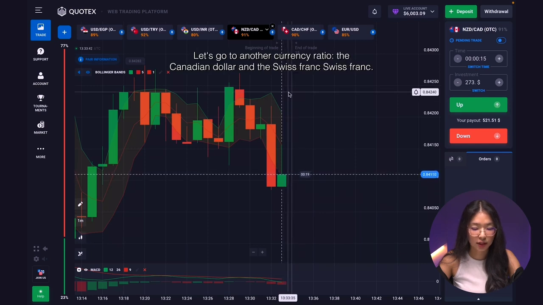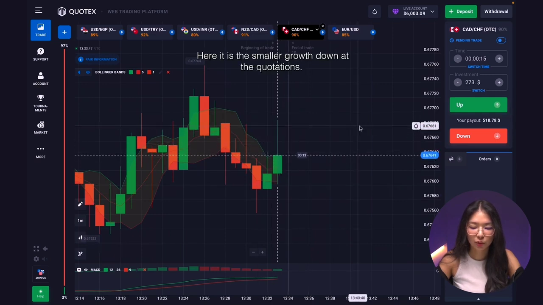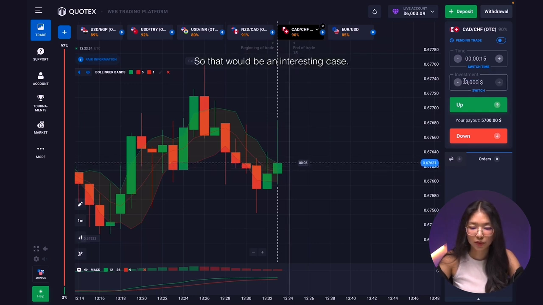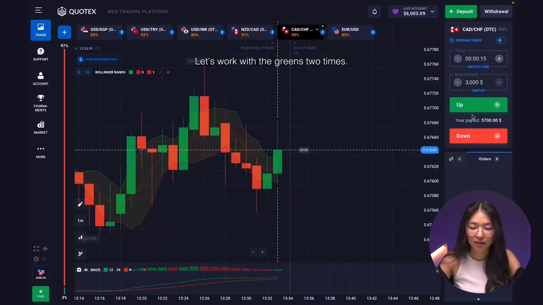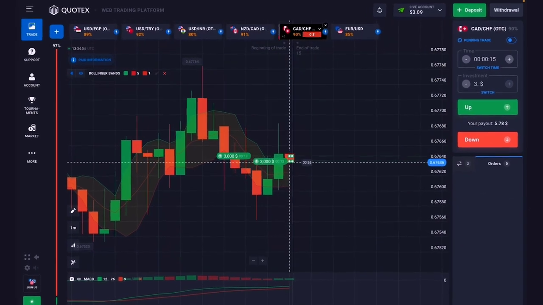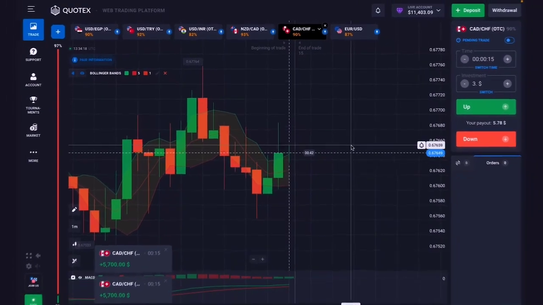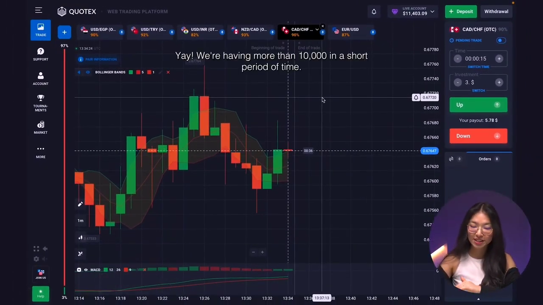Let's go to the next currency ratio, the Canadian dollar and the Swiss franc. Here the graph goes down as the quotations. I'll be using here again $3,000 2 times. So that would be a really interesting case, and it's a really risky moment, and let's work with the greens 2 times. So guys, we're having more than $10,000 in a short